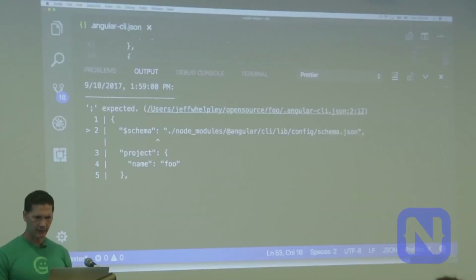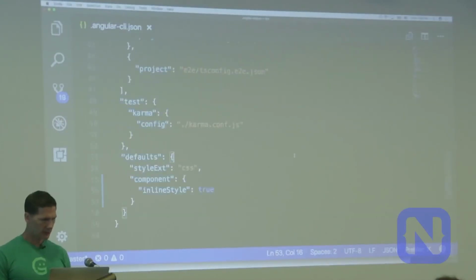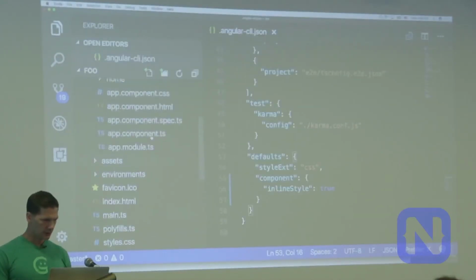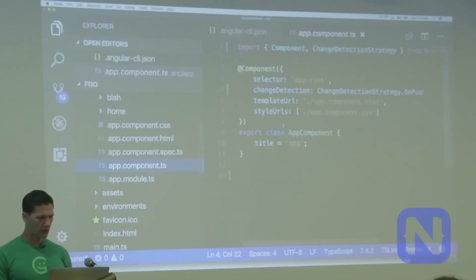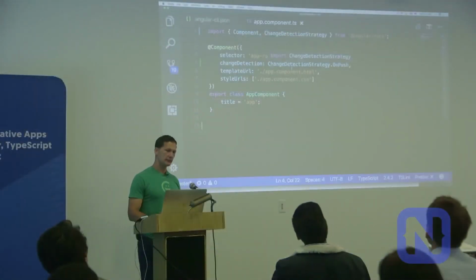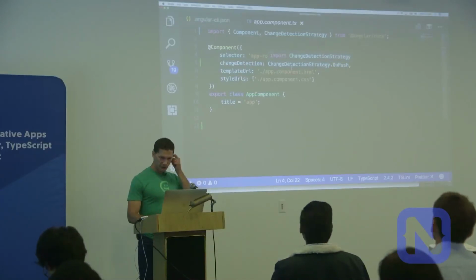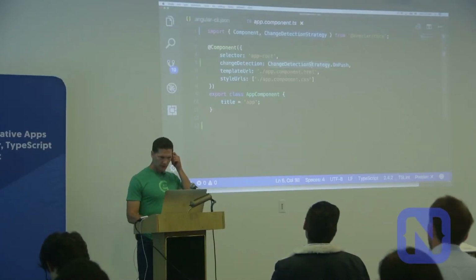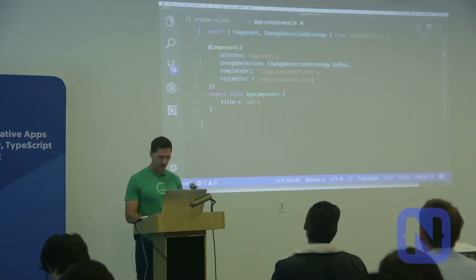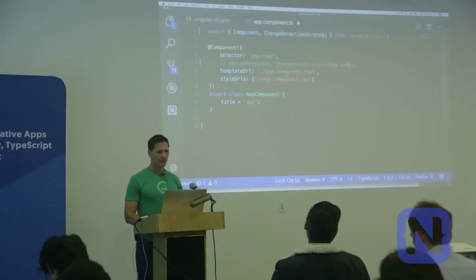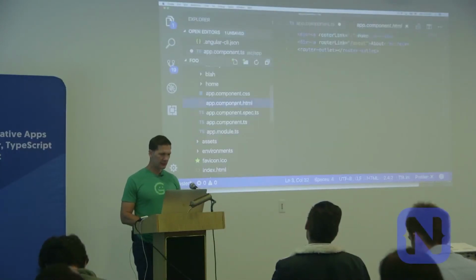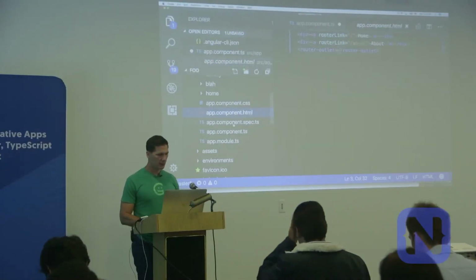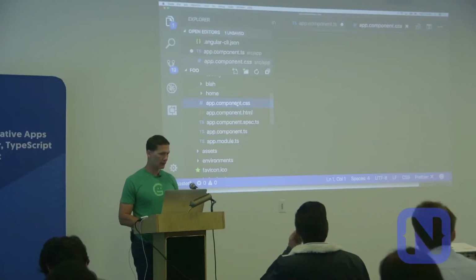And actually, I didn't show that in the other version. Let me quickly show that now. So I showed the module, and for the component in this generated one, because I didn't change any of the defaults, it's using external files. That's the default, where it uses external files, which are in the same directory, for the HTML or for CSS for each component.